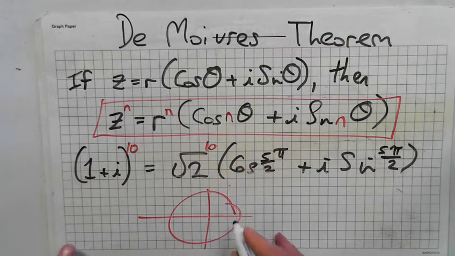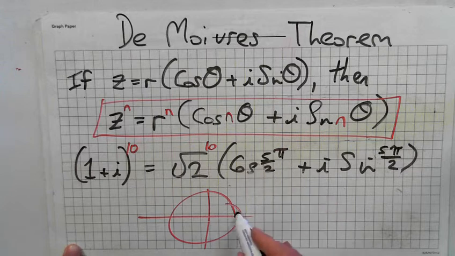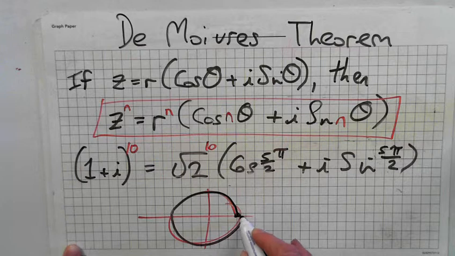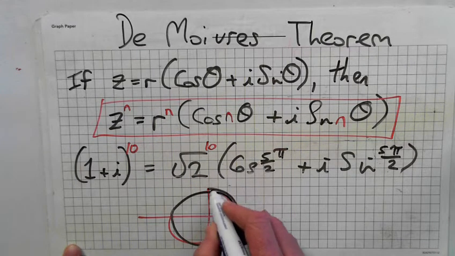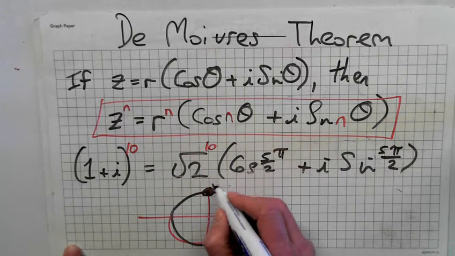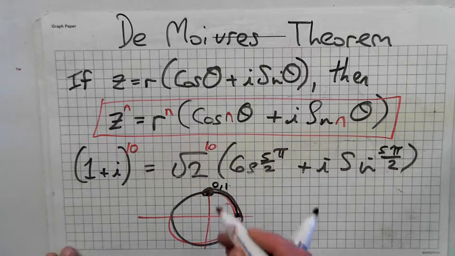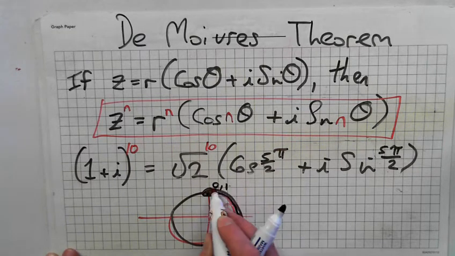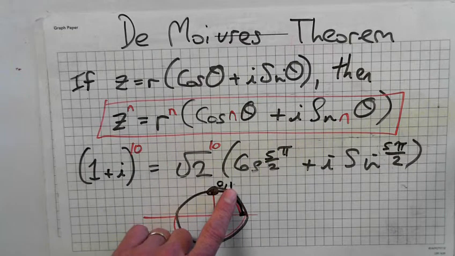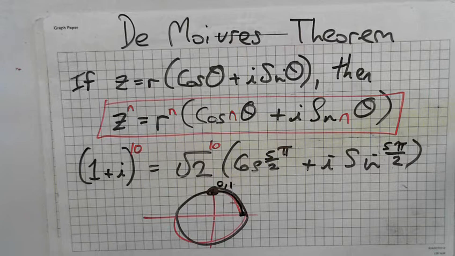Cos and sine. If I start here, that's 1 pi, 2 pi, and how much more? A half of pi. So I end up here. This point here is (0, 1), isn't it? Cos is first, sine is second. So what's the cos of 5 over 2 pi, or pi over 2? 0. What's the sine at this point? 1. Did you see that? Did you understand it? Would it always work out